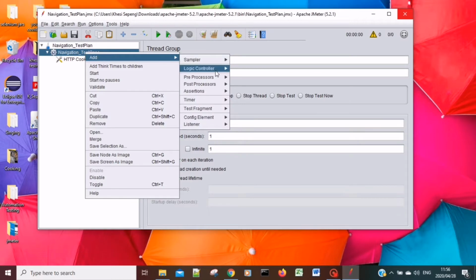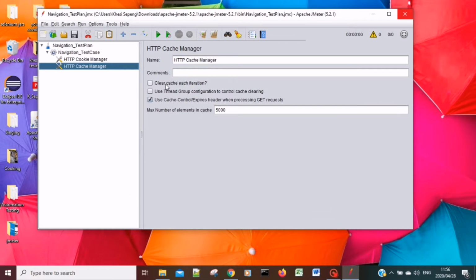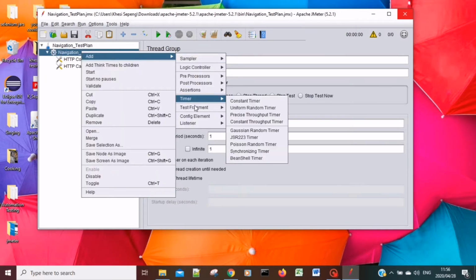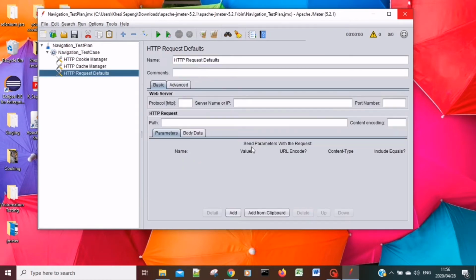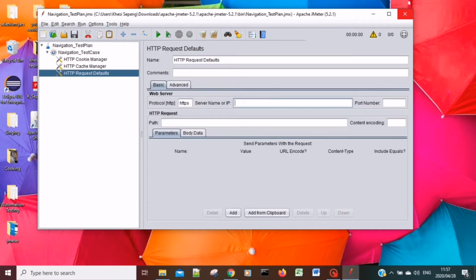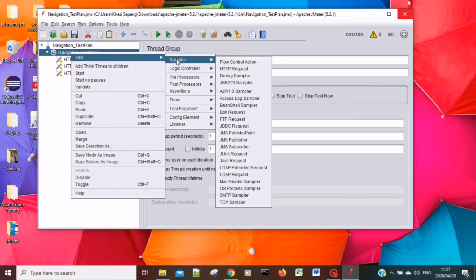Okay, so this is basically your config. You can add your cache, you can add your cookies, so they clear. You can also use this for your sampler. Okay, if you're having many samplers, you can always use the request defaults to reference your variables as well. So here I'm just going to use the website variable, and I'm just going to add it there,